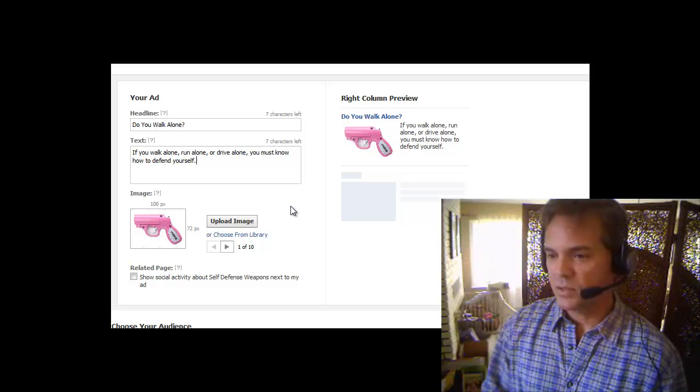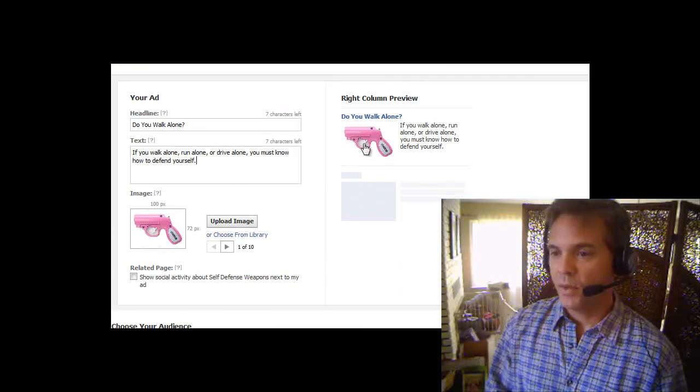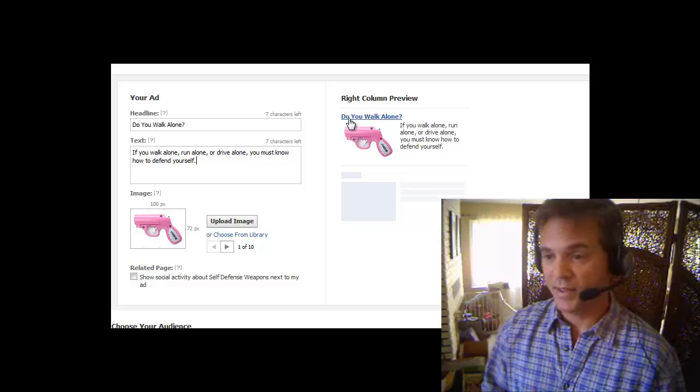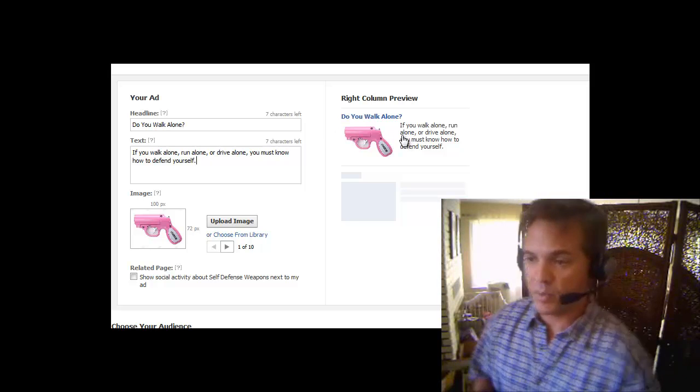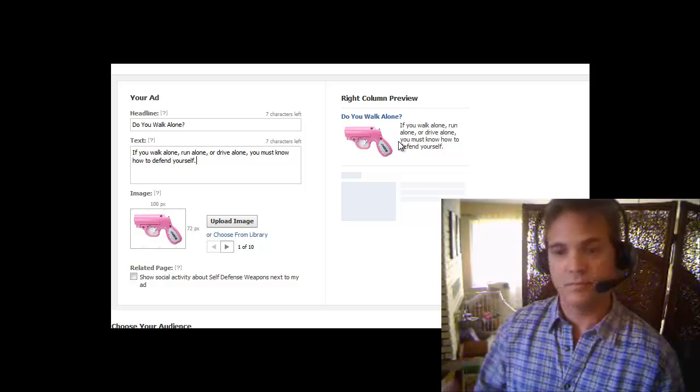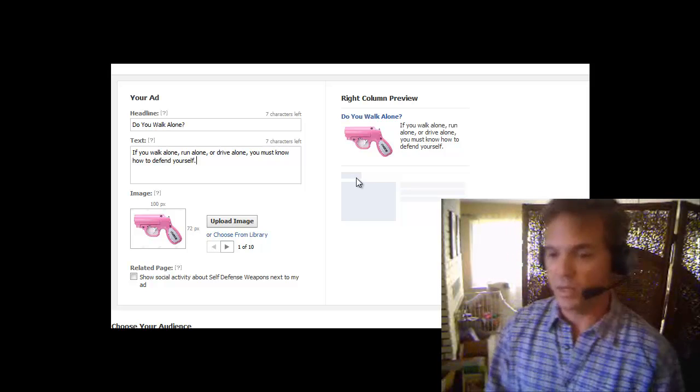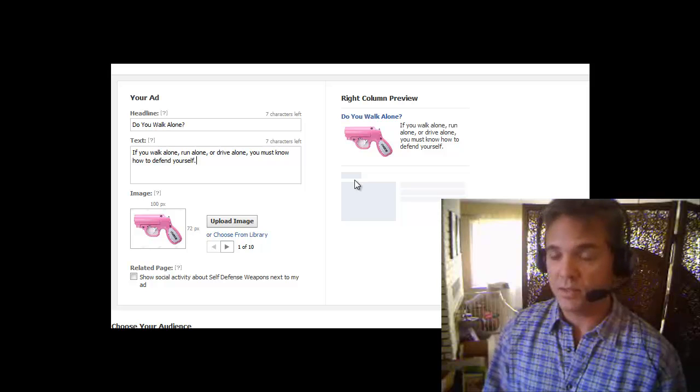And that looks pretty decent for now. Do you walk alone? I like that. Okay, well, by the way, just because I like it doesn't mean it's going to work. Over the years of advertising, crazy things happen. Some of the headlines and ad copy that you think is going to be great doesn't work, and then some of the ad copy and headlines that you think really stink are better than what you like. So you just never know what your market likes until you